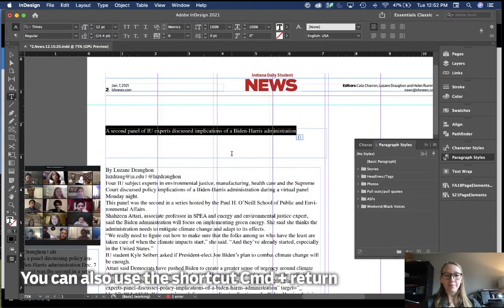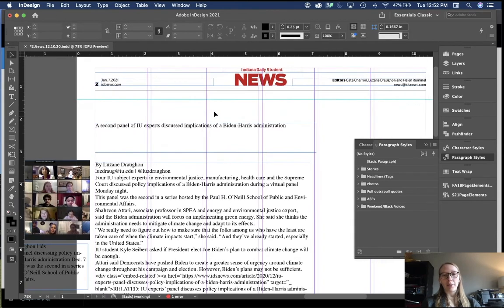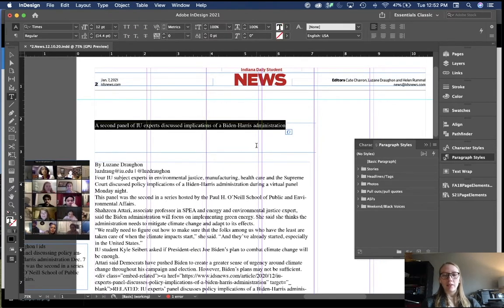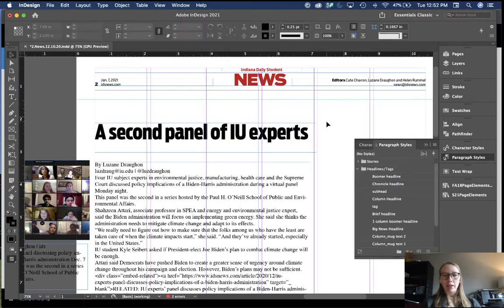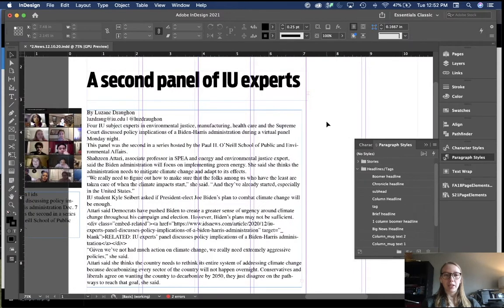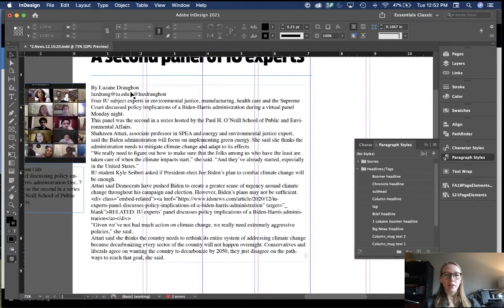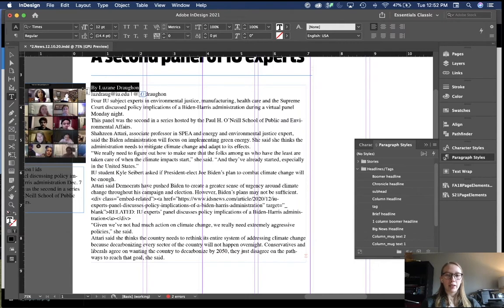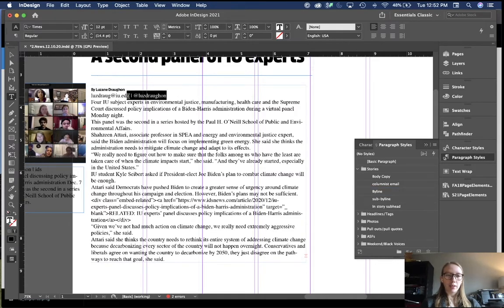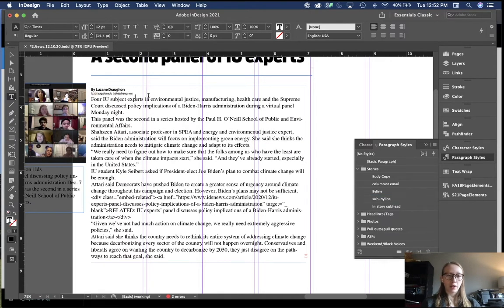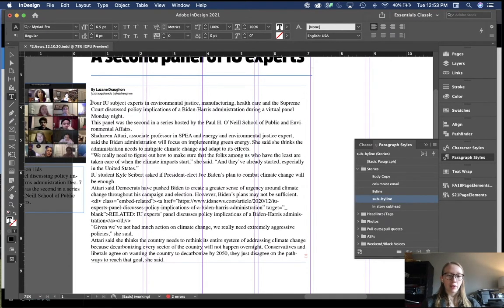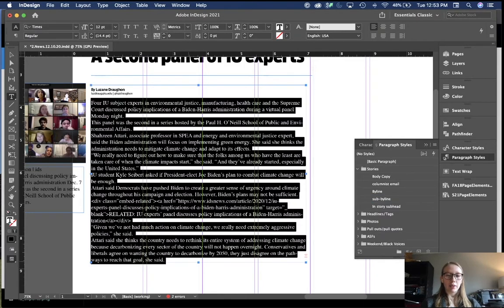So the first story on our page always has this first headline style, which is boomer headline, which I will click. And even though it gets cut off, that's okay, we can deal with it later. So now we can go ahead and do the byline. Here's the byline. This Twitter and email stuff will be in the sub byline style. And then I'll put a return. And then the whole rest of this is going to be in